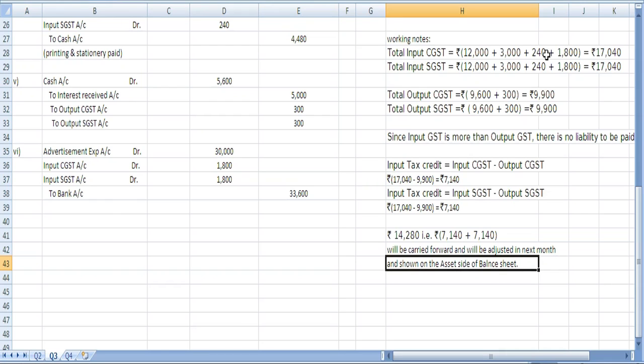Okay, since the output CGST is less, we got less money, so we don't have any